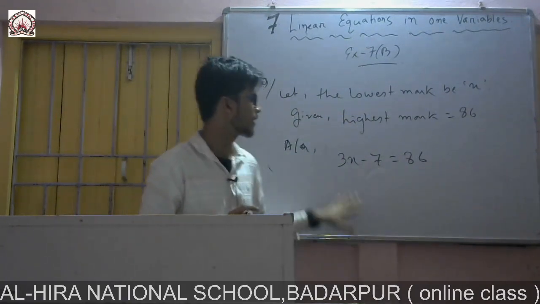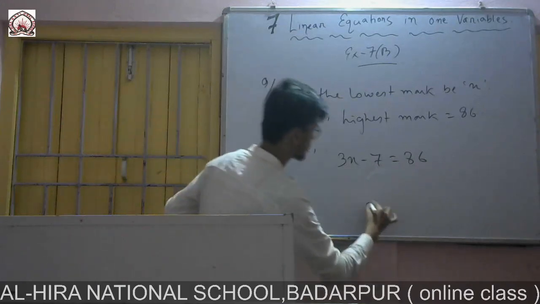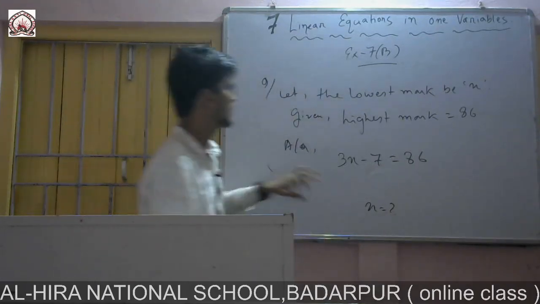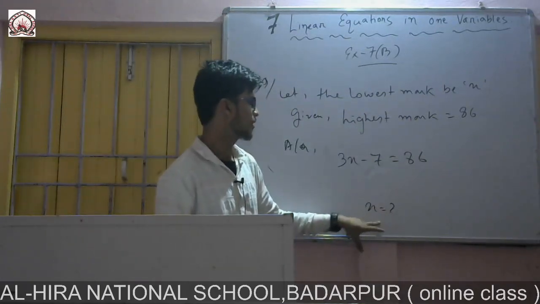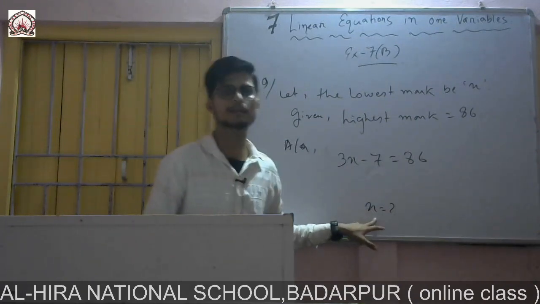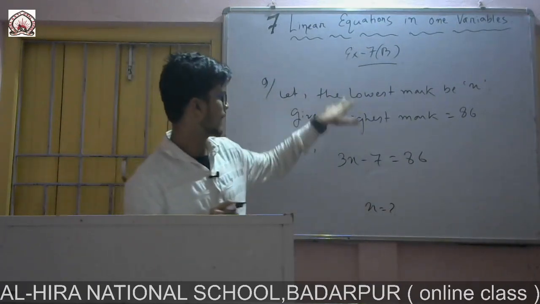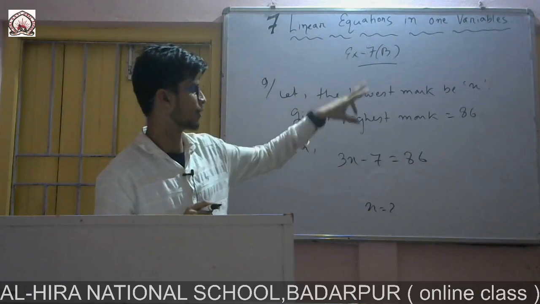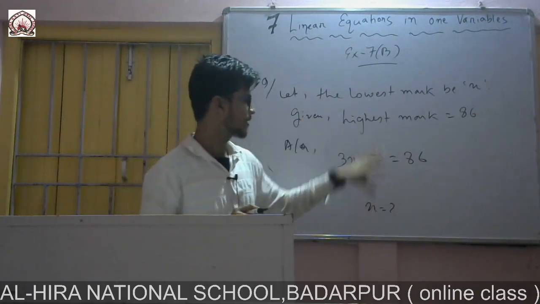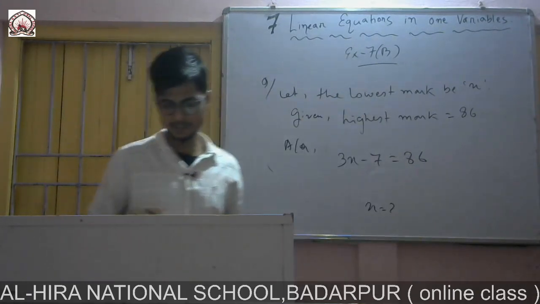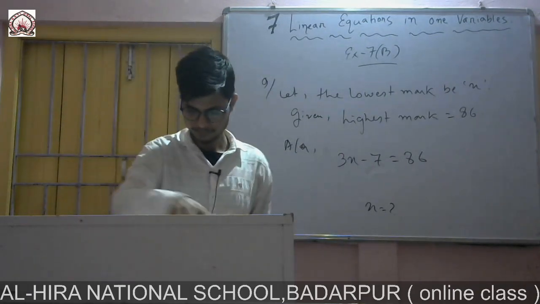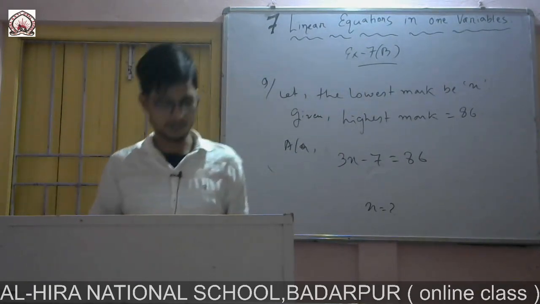So you solve this one, and you will get the value of x. You write that this will be the lowest mark. You simply solve this and find the value of x. In the last line you write, therefore the lowest mark is, if you get 20 you write 20, if you get 30 you write 30. Okay, so now question number 10, you see,